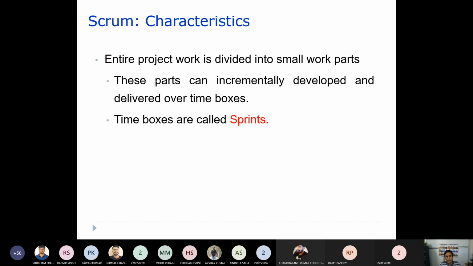So here is also something like this. The entire project that you have will be divided into small parts, I mean working parts, and these parts will be incrementally developed and delivered over time boxes.